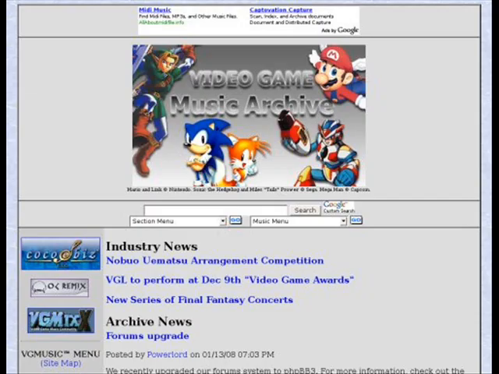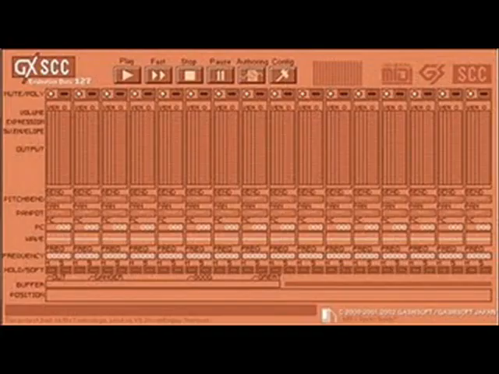Now, what I can say about this rant is this. I've seen people on YouTube using GXSCC as an easy way to convert songs to 8-bit format. What they generally do is download a MIDI file from certain websites, i.e. vgmusic.com, and drag and drop it into the program. Obviously, we can see this as 2 things. Number 1, no effort, and number 2, plagiarism.